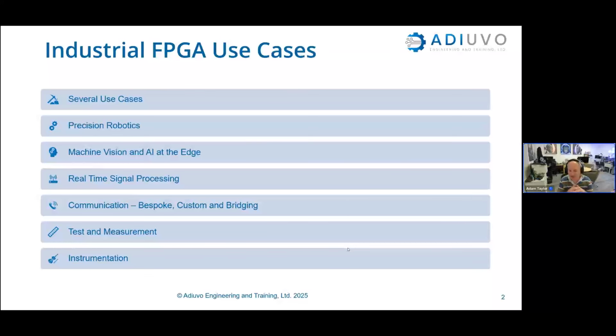If we're doing test and measurement, for example, most oscilloscopes, most electronic test equipment, is heavily based around using FPGAs in there to be able to capture the data and post-process the data before it's displayed in a manner that we can then look at and work out why our systems are experiencing issues. There are other things we can do with it as well, such as instrumentation, and that's one of the things we're going to take a look at today, where we want to particularly monitor or control a part of